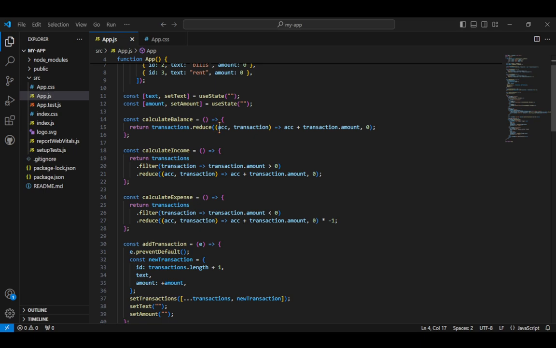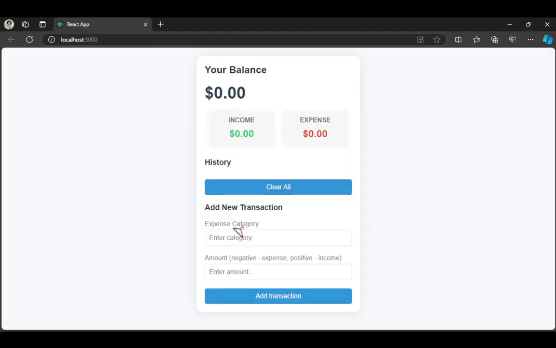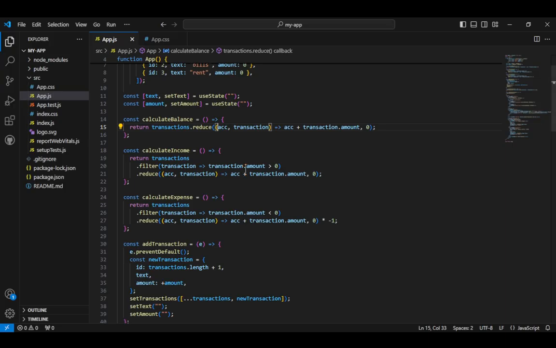The second is the ACC, this ACC means the accumulator. To accumulate, it starts at zero by adding each transaction. If you add the salary, or add the amount, you can add to your balance now.